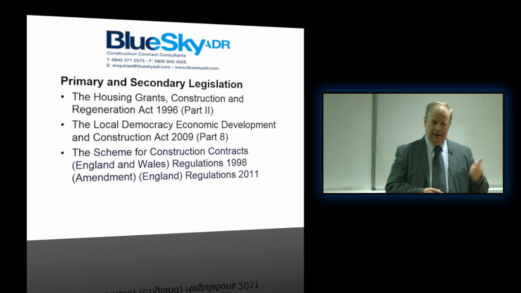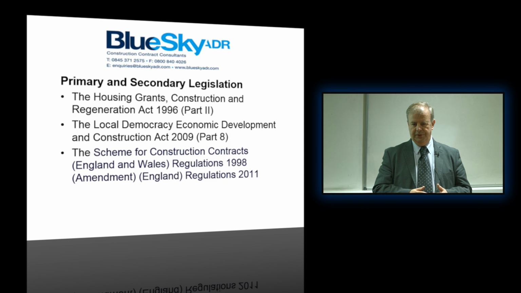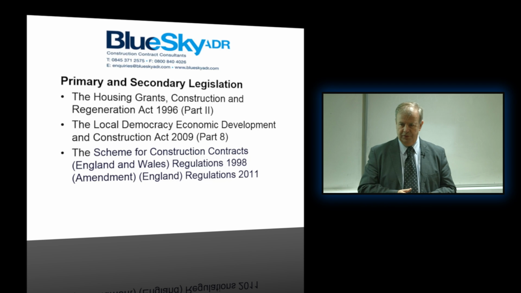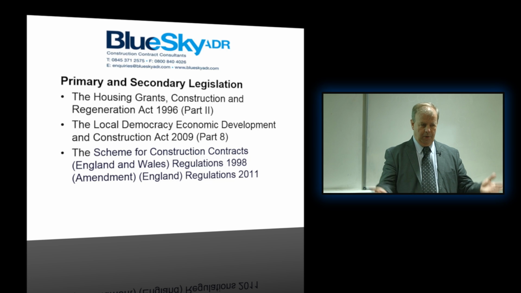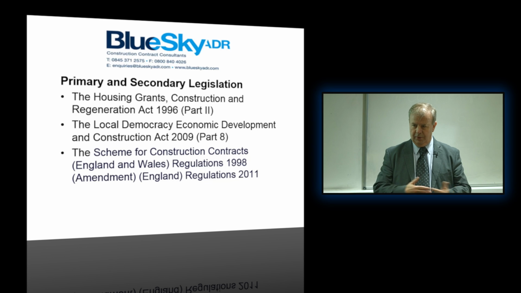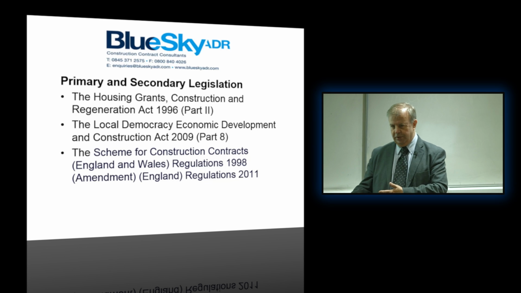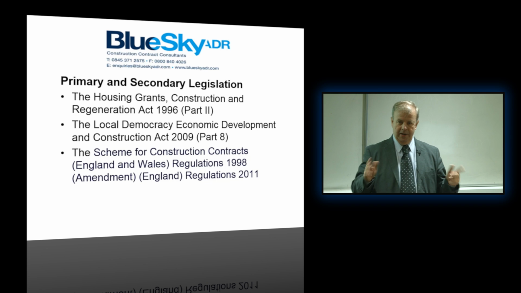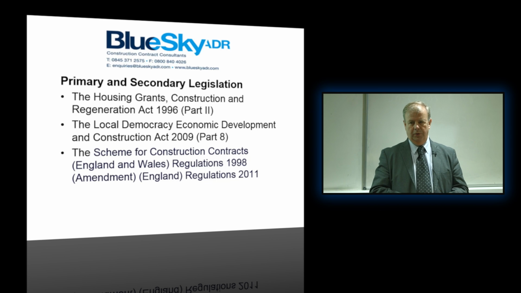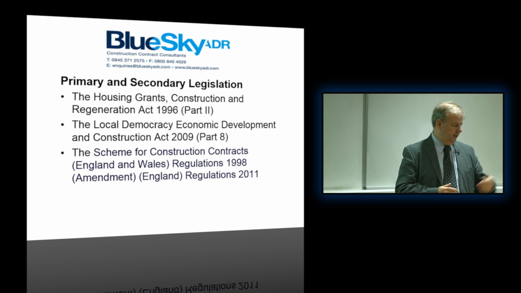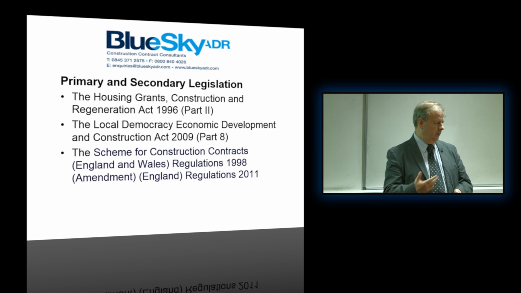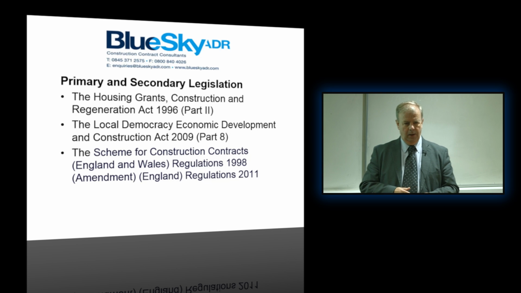Now, what these two acts of Parliament say effectively is that any construction contract in the UK has to have an adjudication provision written into the contract. And you might think, well, if I draw up a contract and don't bother to write anything about adjudication in there at all, then I won't have any adjudication provisions in my contract, and nobody can make me put adjudication provisions in my contract. So what the Act says is, if you don't put in adjudication provisions within your contract, then this other secondary legislation, which is called the Scheme for Construction Contracts Regulations, I won't go through the whole title,